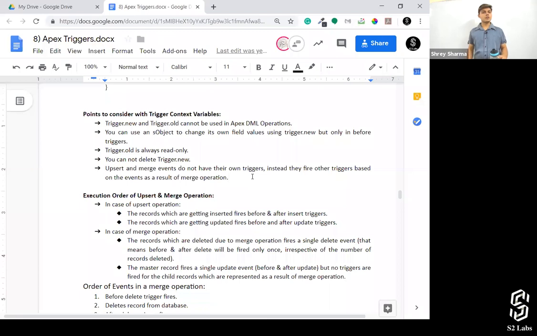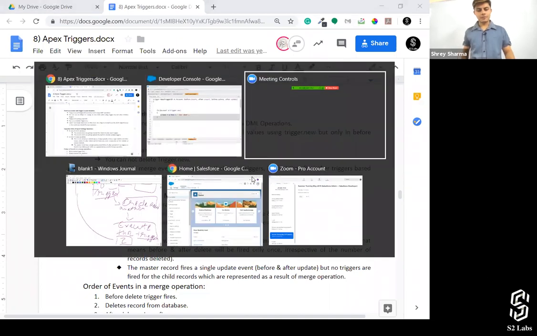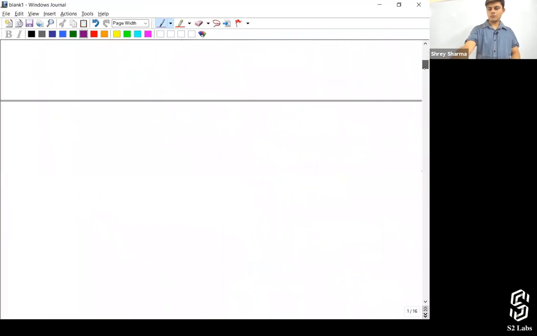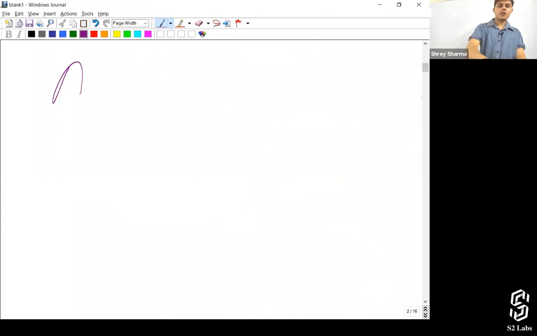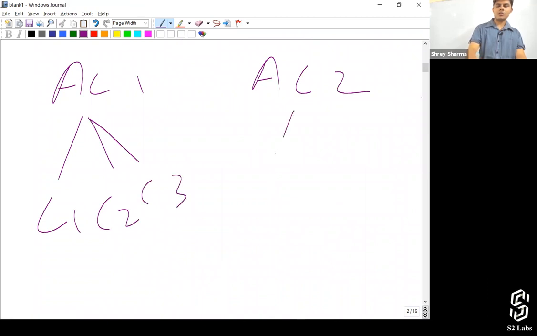And what about the merge operation? Delete and insert. Update for which object? Let's say account 1, account 2. We're trying to merge these records, right? C1, C2, C3, C4, and C5.